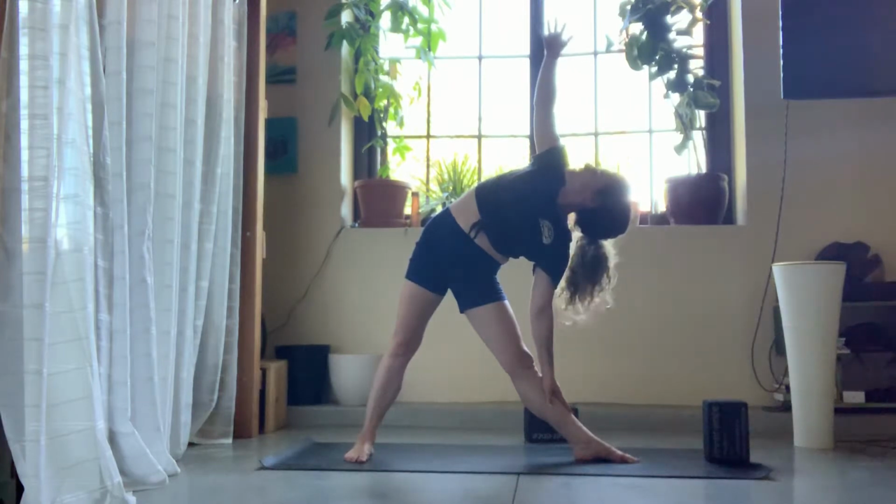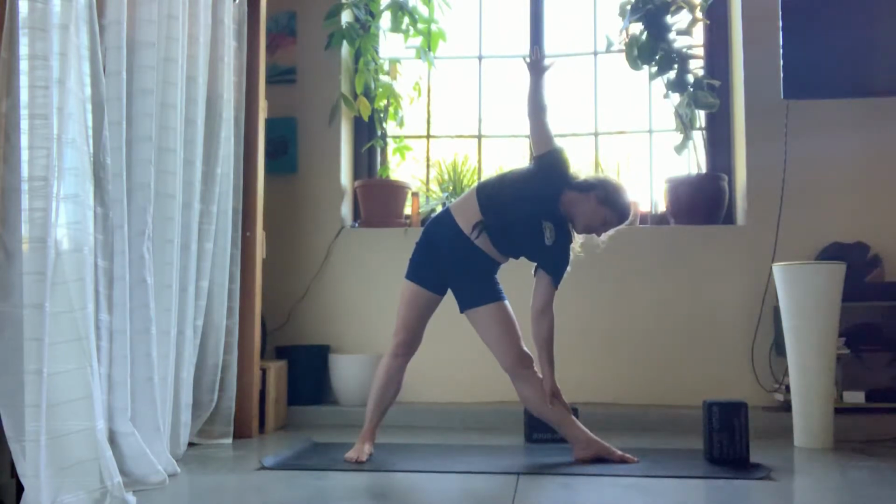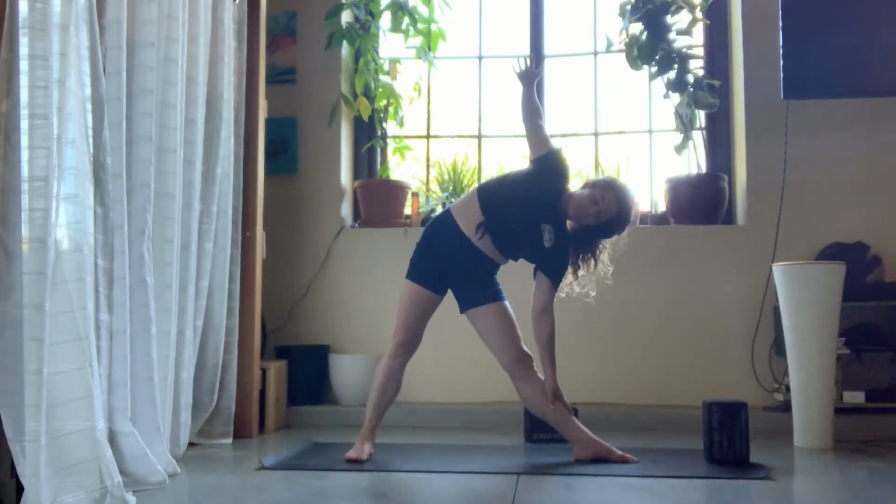Sometimes it hurts my head to look up, so I'll just look down. Sometimes it feels okay to just look straight ahead. Final 3, 2,